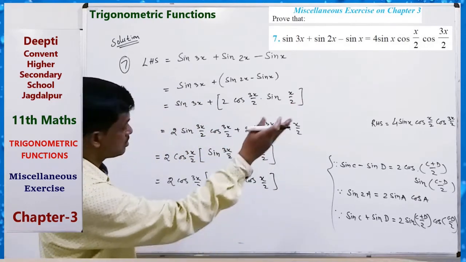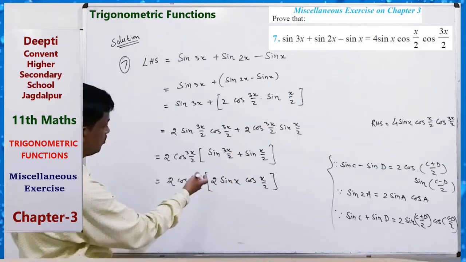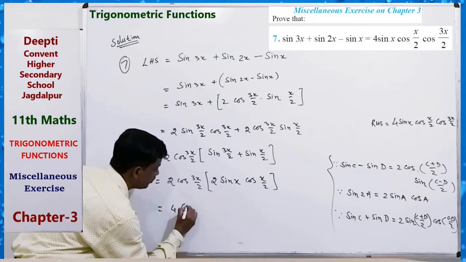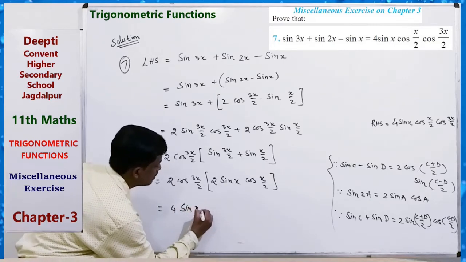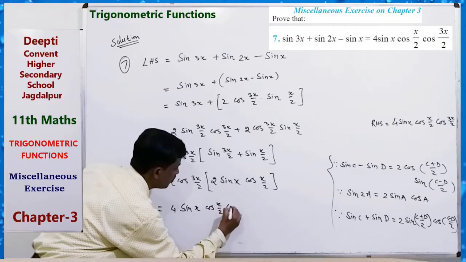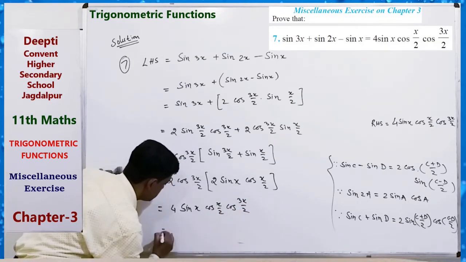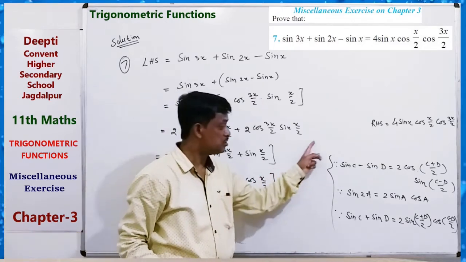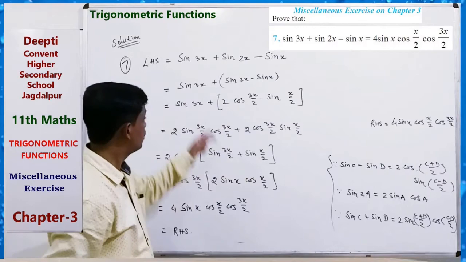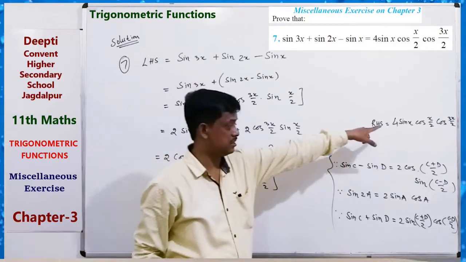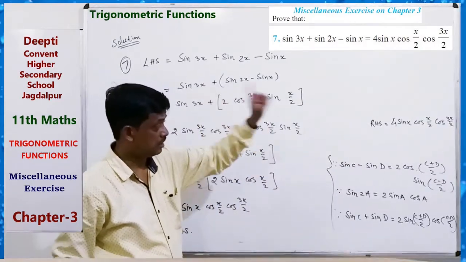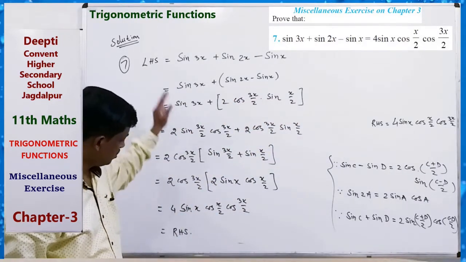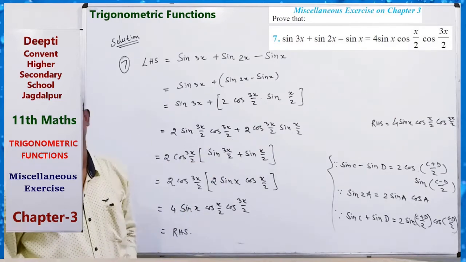So here cos x/2, cos 3x/2 and sin x/2 and 4. So we get the result. Okay. So sin x and cos x/2 and cos 3x/2. This is the right hand side. So this is the use of this formula. And how can we use this? Because our requirement is this. So take it in your mind and then just use the formula and try to get it using the formula.